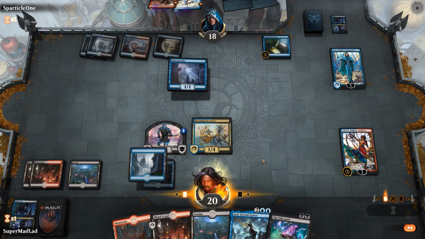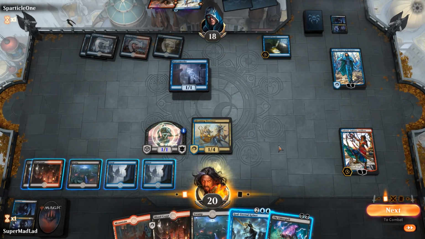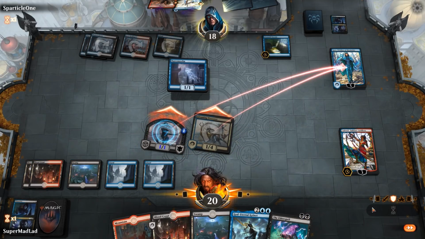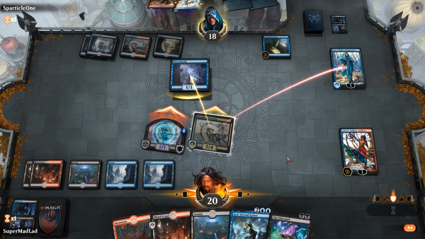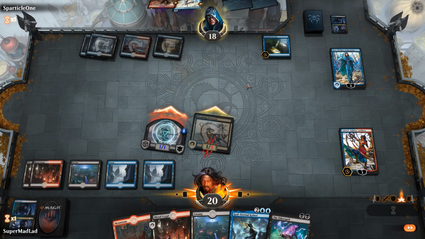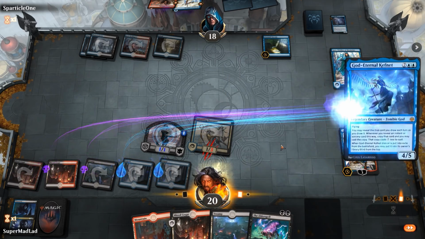There's our blue. So now we get ourselves a Kefnet, which we can use to block the Narcomoeba. I'm going to go after Jace. And our opponent, yeah, just with the chump blocks there to keep Jace alive. I need to keep creatures off the board, essentially, so...